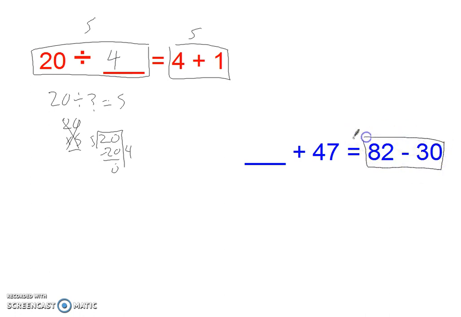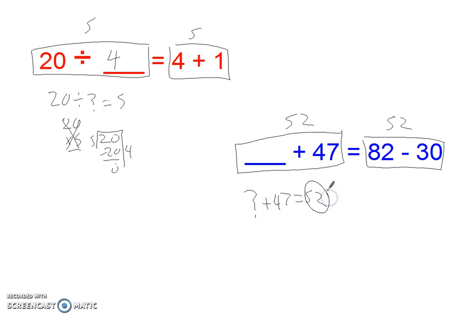Come down here, try this one out. 82 minus 30 is 52. So this side has to be 52. Something plus 47 equals 52. Of these, my biggest number is always going to be my sum when I'm adding. So I need something less than 52. I can't do 52 plus 47, so it must be 52 minus 47. Do my borrowing, and it's just 5. 5 plus 47 equals 52. So same strategy as yesterday, just box both sides, and then either use the sign or